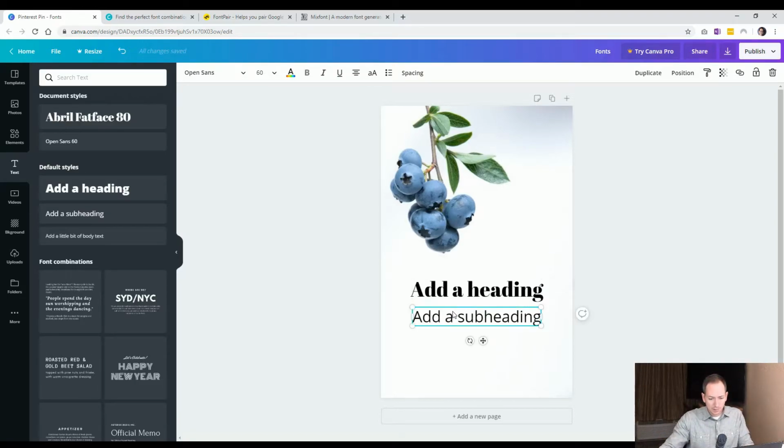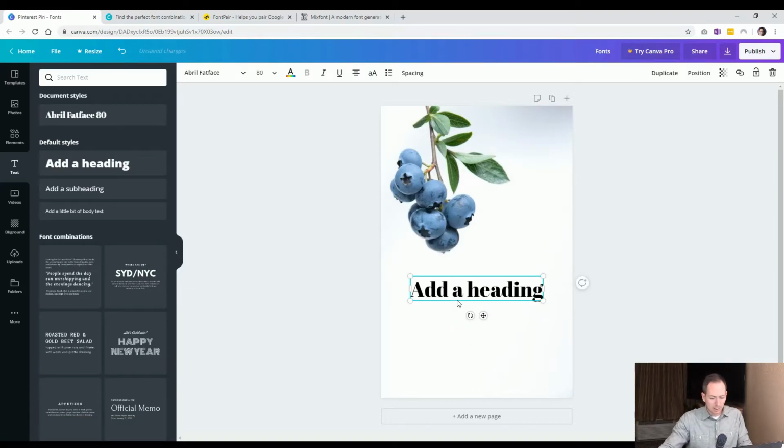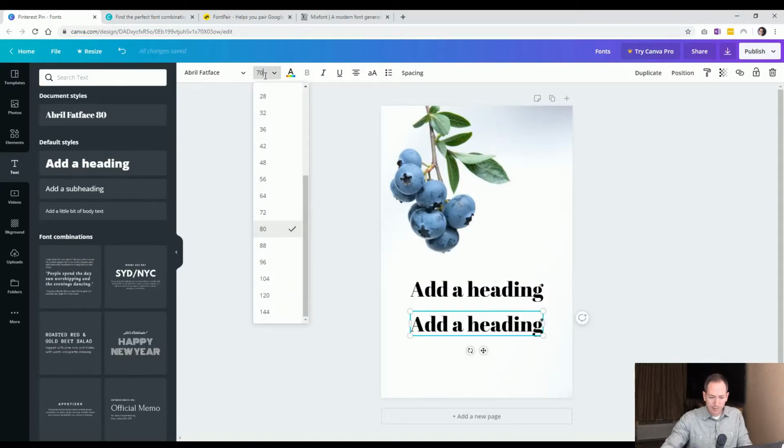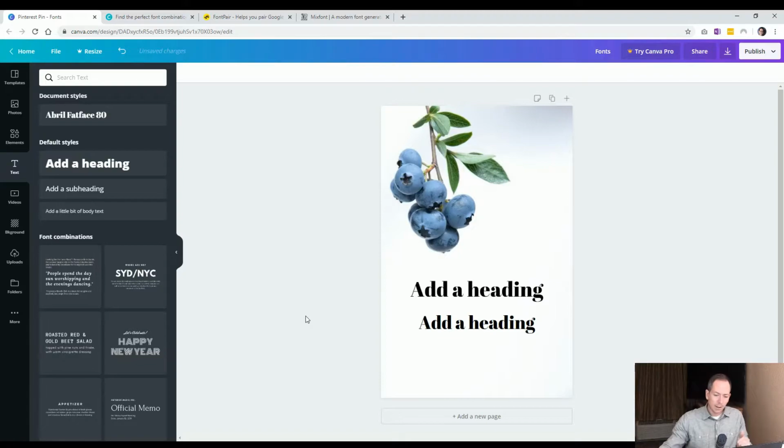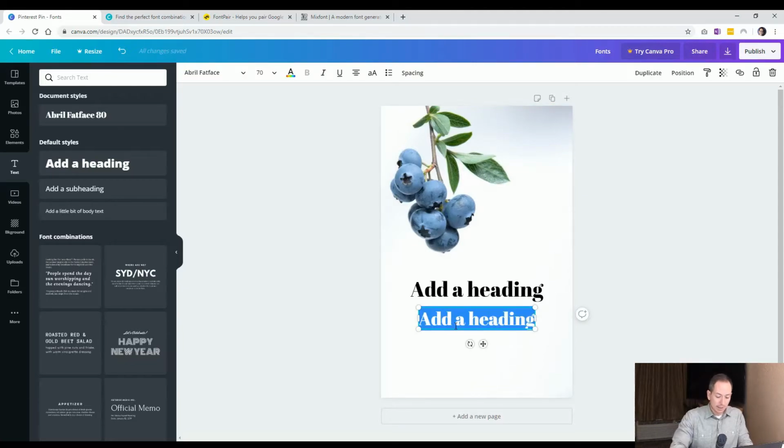Because let's say this is our first heading. Let's use even the same font to really drive home the point. I'm going to copy and paste it. So this is one heading. We go to the second heading and we just make that like 70. There's not enough difference. You can tell that it's obviously different, especially because it's the exact same text, but